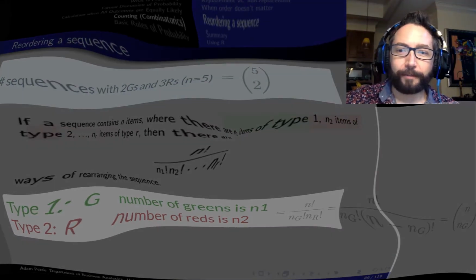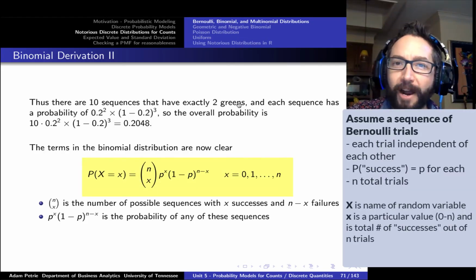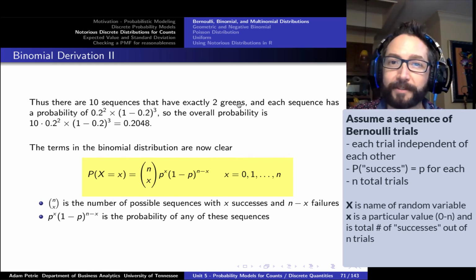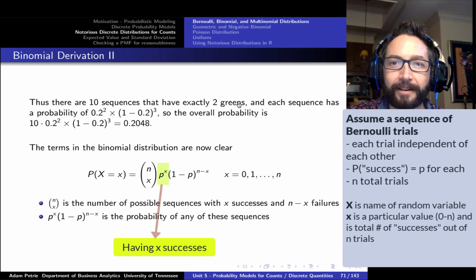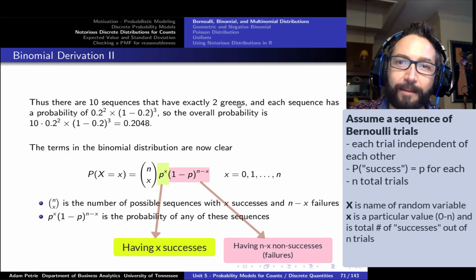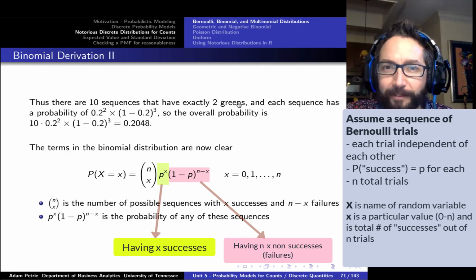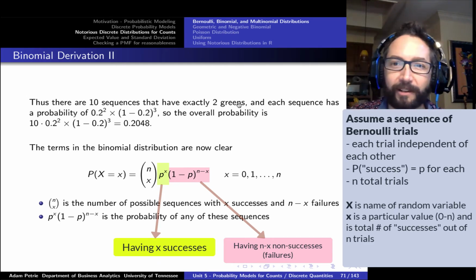So the formula for the binomial distribution is now fairly clear. If each trial has a probability of success of P, and we're going to count up the total number of successes out of n trials, well, the probability of observing exactly little x successes is now clear with this formula. The p raised to the x power represents the probability of finding exactly x successes along that sequence. The 1 minus p raised to the n minus x power is the probability of observing the remaining values to be failures, not successes, distributed somewhere along that sequence.